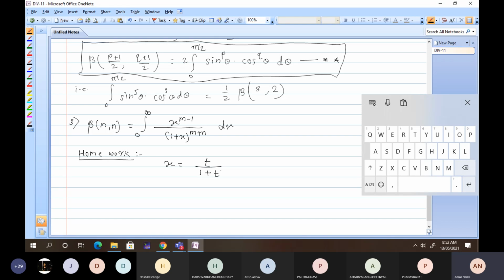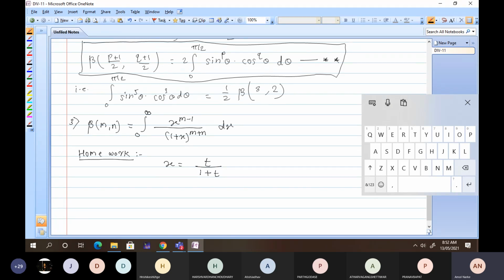Someone is saying, I will substitute sec theta. You will get some formula in terms of sec theta. You can substitute cos theta square, and you can get another formula. Just like the above one, where we got a formula in terms of sine and cos, you will get a different formula. The beta function is defined in a proper way, and you can substitute x equal to anything. You can substitute e to the power t, and then evaluate for the new formula. That is nothing but the hint behind that.